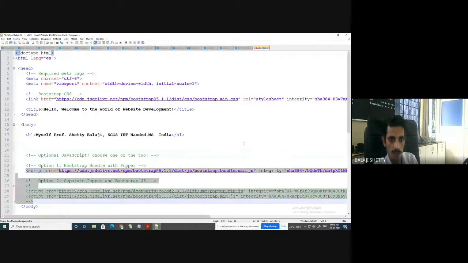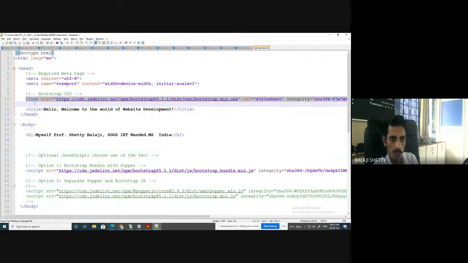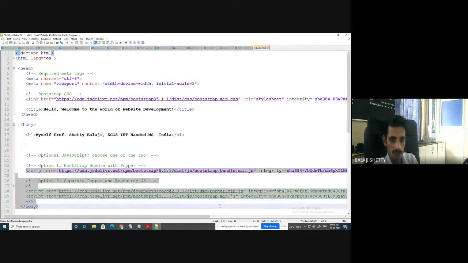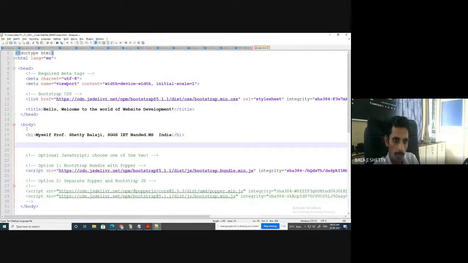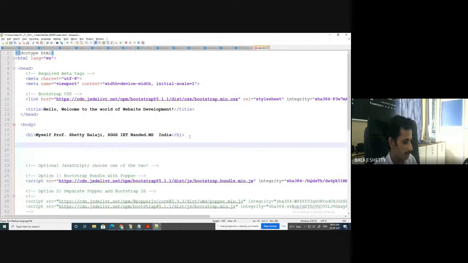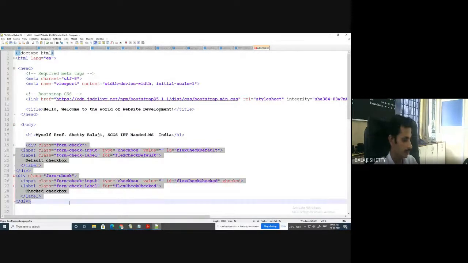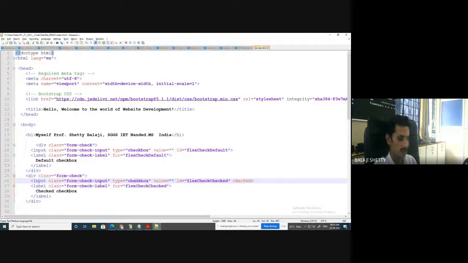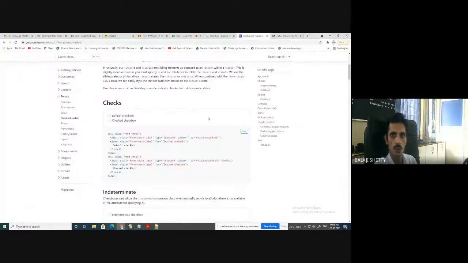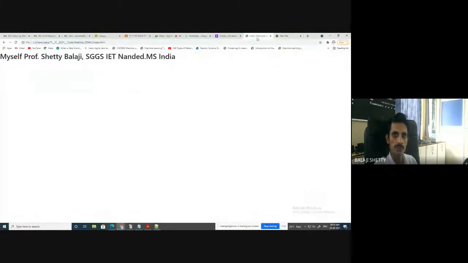Try to understand this. The important thing is we don't have to disturb this CSS file, this JS file. We have to write the code only in the body and ending body. That's it. So here what I do, paste this code. That's all I have done, nothing else. Okay. Save it. Run the code once again. Now see what happened. See, here code is appeared. Clear? Understand. Okay.